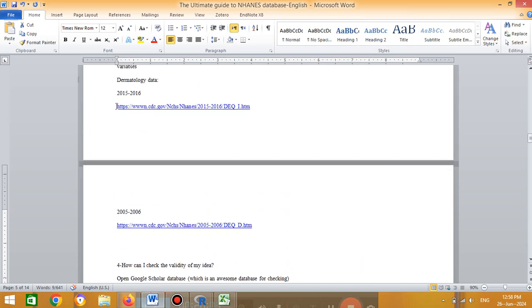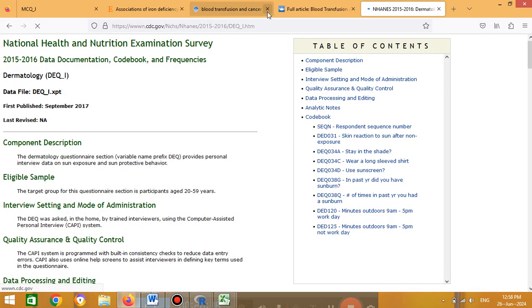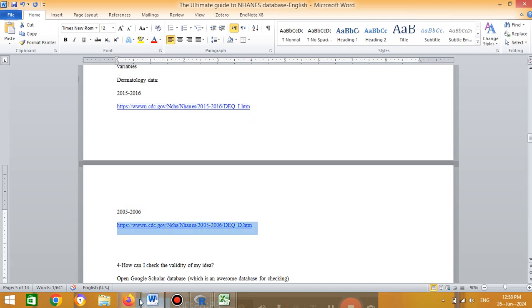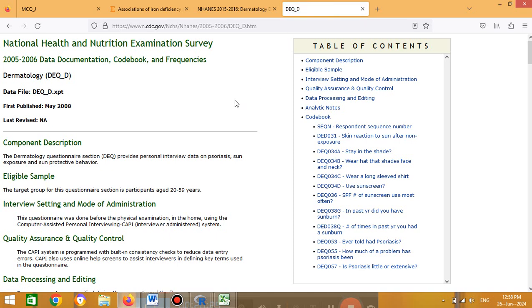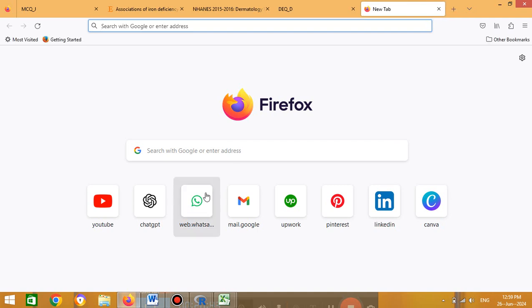I will show you the dermatology data so that you know that some questions were deleted or added at each 2-year survey. This is the data of 2005 and 2006 dermatology data. You will find here data about psoriasis. However, if you open the data of 2015 or 2016, you will not find psoriasis data here. If you want to check